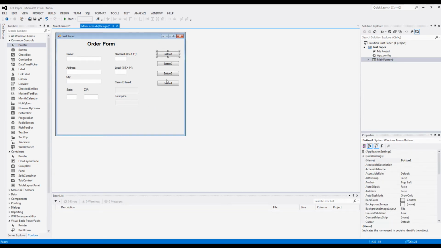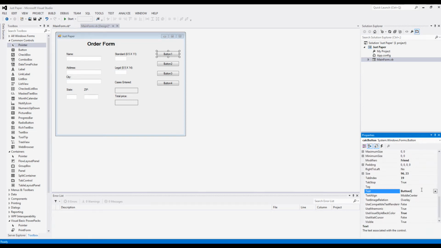And these buttons also need to be changed. So this is called the calc button, and its text is supposed to show calculate order. And now we need to put the access key, so that C is underlined. Similarly, this is called print button, as should be print order with the access key,